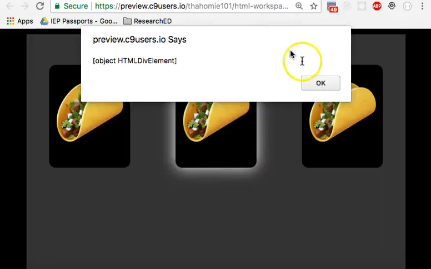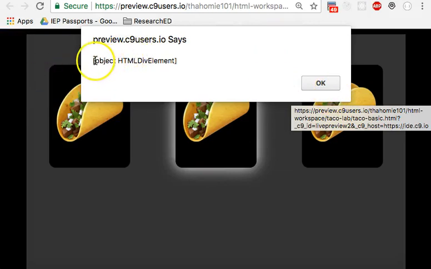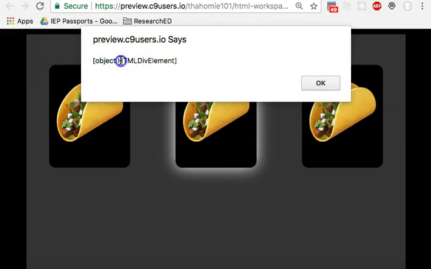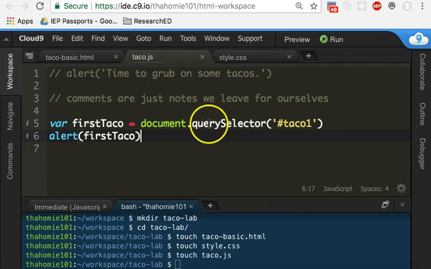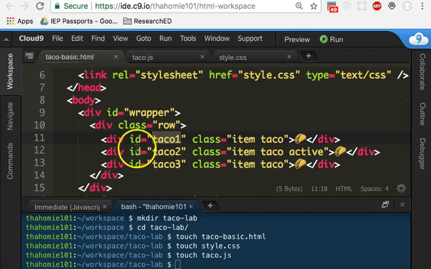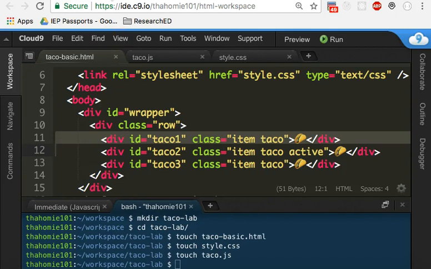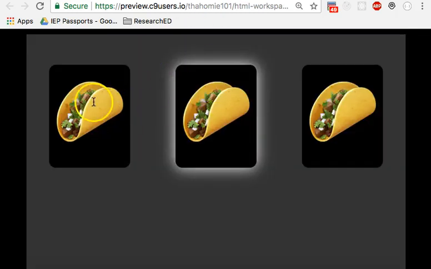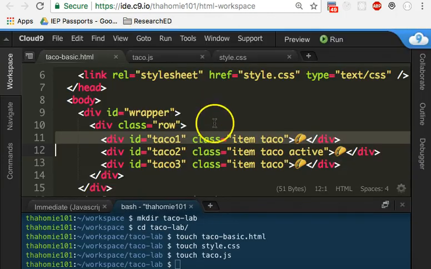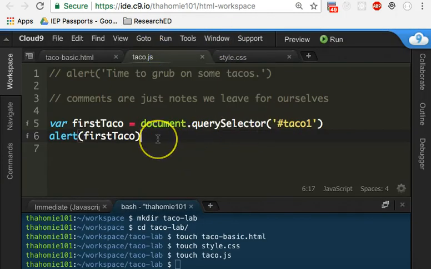Heading over to the preview page, we can see the first thing that pops up says object HTML div element. So that means it grabbed a div on the page and stored it in a variable for us. In fact, it grabbed this div right here with an ID of taco 1. Now, once it does that, we can then go into our JavaScript and mess around with that taco div. So we can say, hey, this first taco div right here, I want to do some interesting stuff with it. The first thing we can do, and I'm actually going to get rid of this alert first taco,